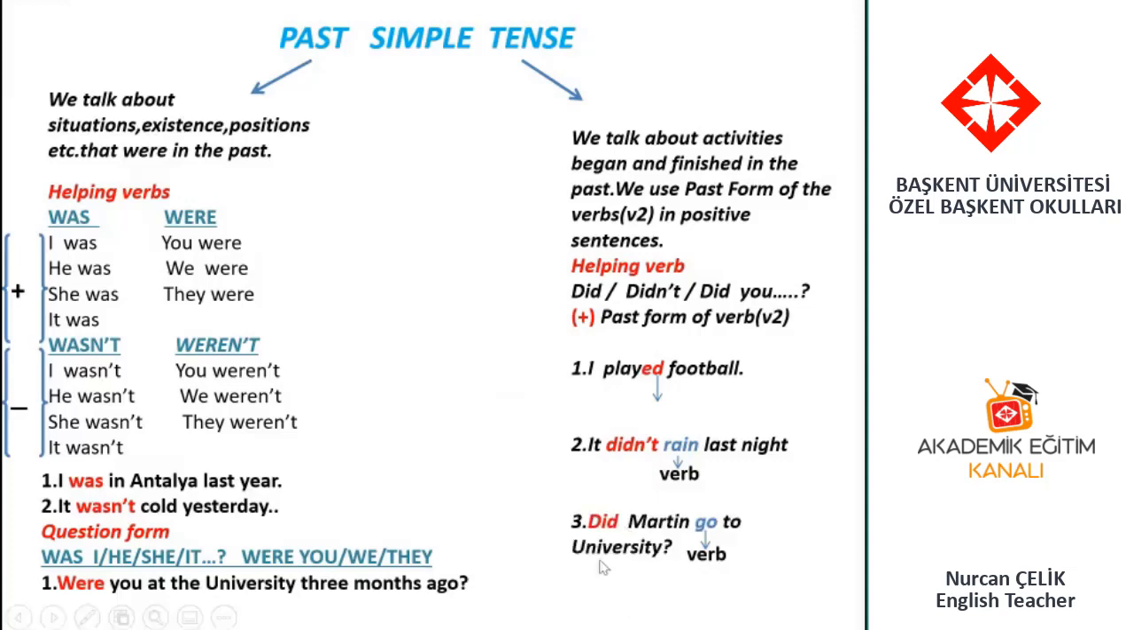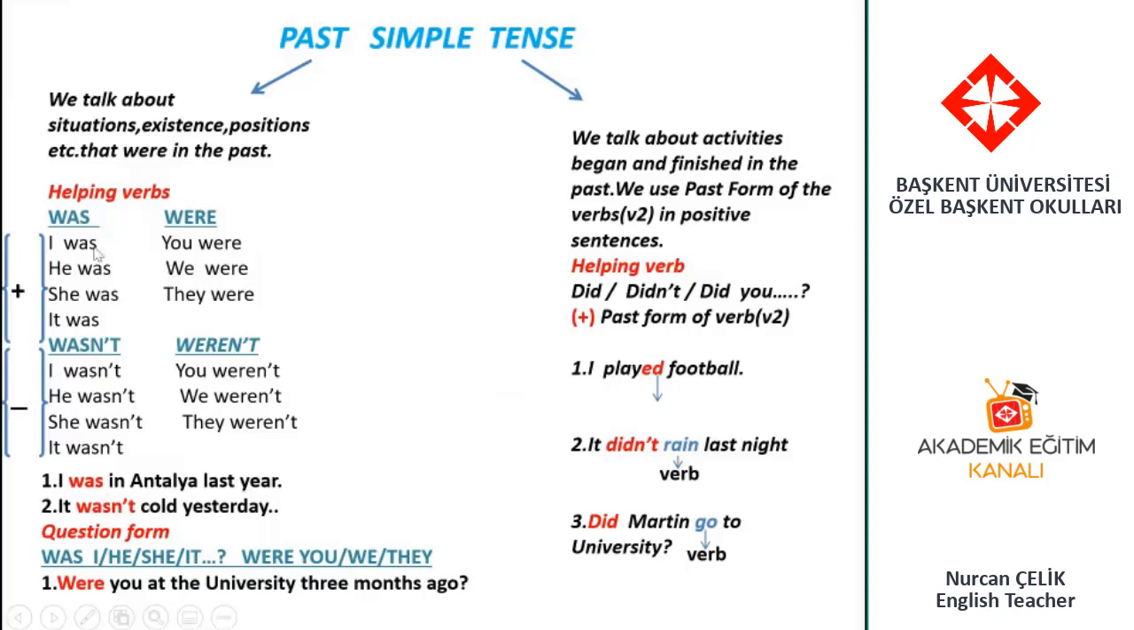Did Martin go to university? This is an interrogative question. And when we make a question in past, we also use did, and it's in the beginning of the sentence. We use did and go. And here,